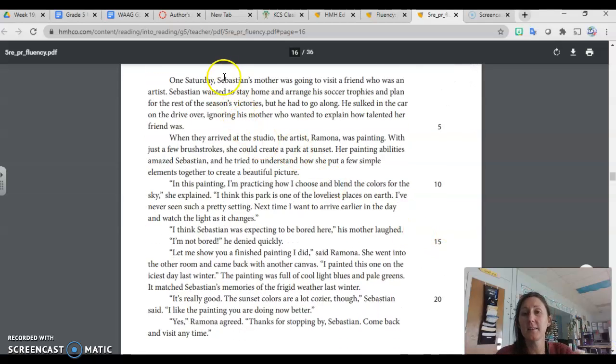On Saturday, Sebastian's mother was going to visit a friend who is an artist. Sebastian wanted to stay home and arrange his soccer trophies and plan for the rest of the season's victories, but he had to go along. He sulked in the car on the drive over, ignoring